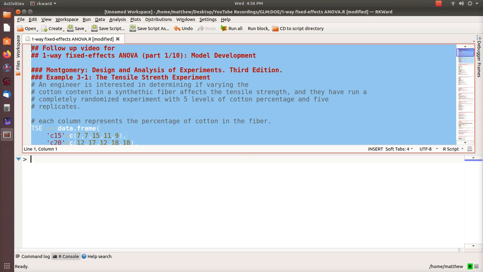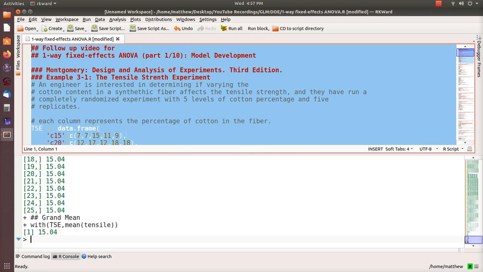and I'm going to run it in a second, but we're going to look at an example from Montgomery, Design and Analysis of Experiments. It's the third edition, example 3.1, where we look at the tensile strength of fabric. And so we create this fabric with different percents of cotton. So in one fabric it's 15% cotton, the other's 20, then 25, 30, and 35% cotton. And we want to look at the tensile strength. And tensile strength means how much force or pressure does it take to tear the material. And so I'm going to run that, and then that brings us to